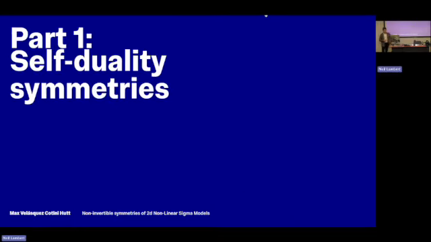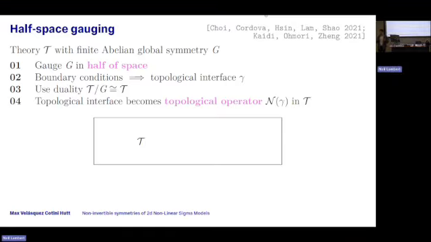Good. So this particular construction of non-invertibles. The recipe is as follows. I take my favorite QFT with a global symmetry, which is a finite abelian group G. And I'm instructed to split my spacetime in half, and gauge G in half of the space. Now, when I do that, I have to introduce gauge fields for G. And in particular, I have to prescribe some boundary conditions for them on the interface here. And I can do that in a way that makes this interface topological. So I can move this around.